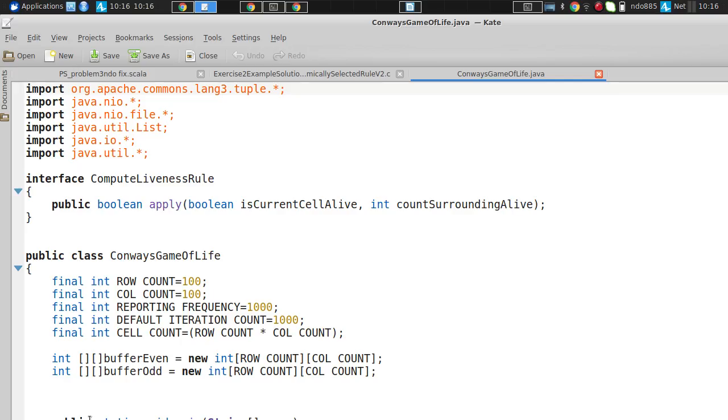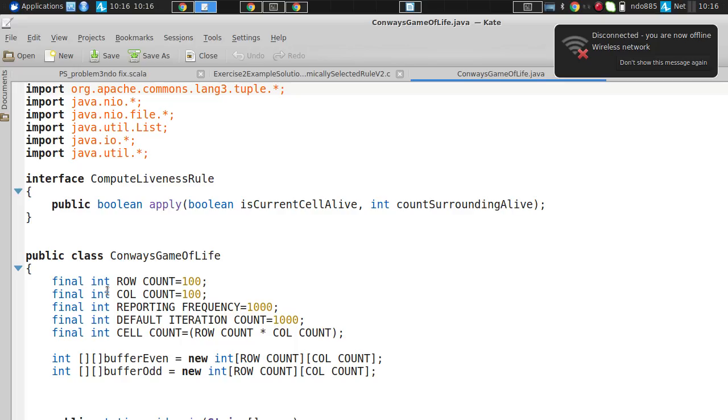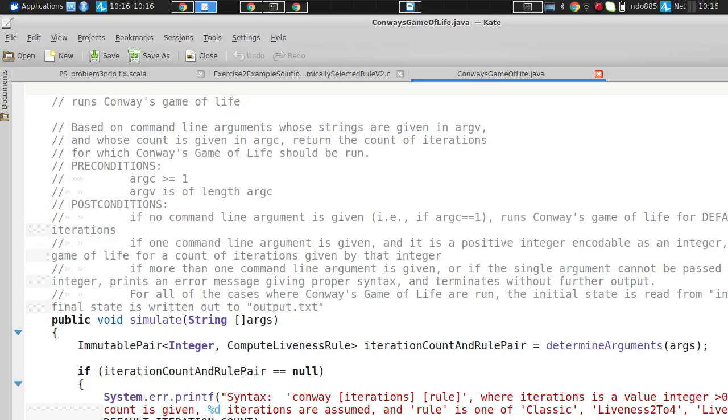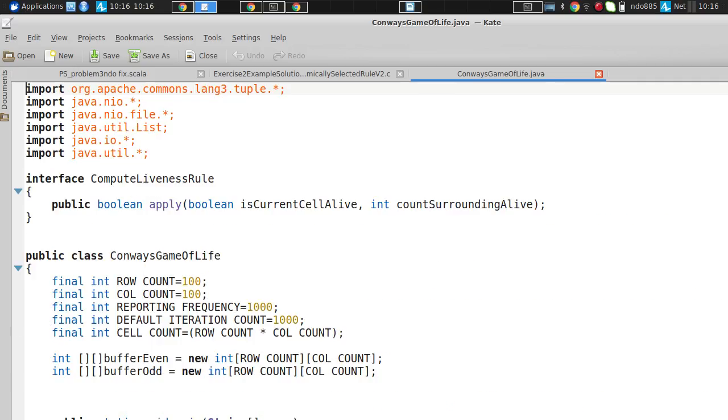So we have different syntax for denoting a 2D array here, for example, for denoting constants rather than pound defining them for the preprocessor. We say final int this to indicate it's a field, but it's a final field. It's a constant. It's an unchanging field. Normally in Java we use somewhat different case conventions, but I've sort of stuck to them from the situation